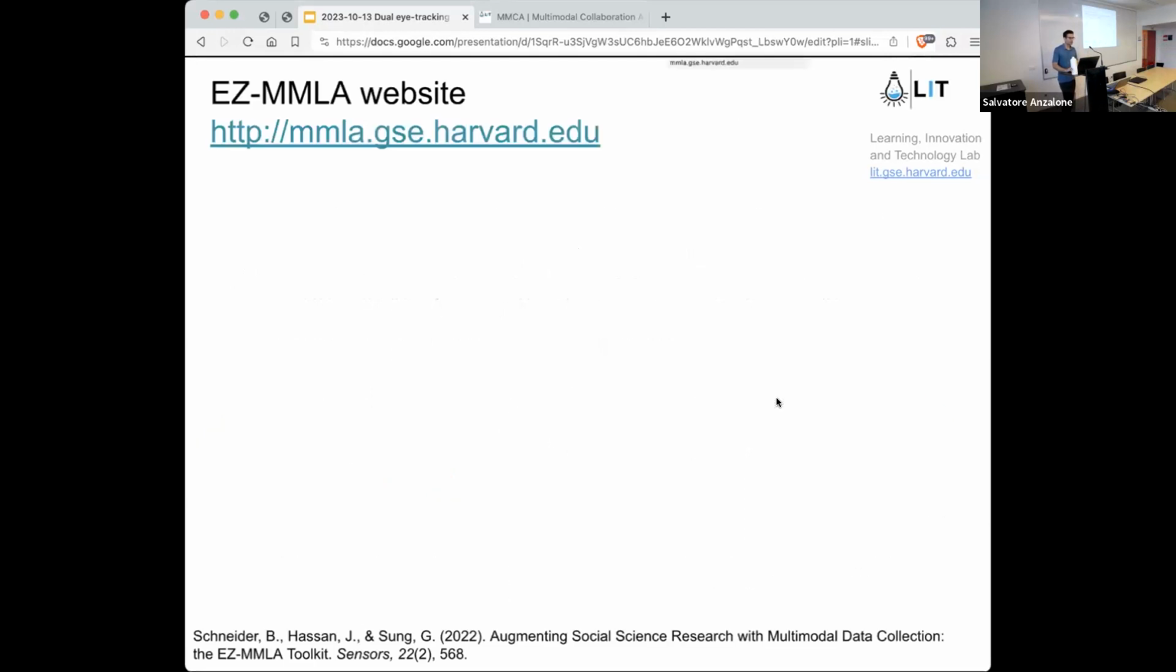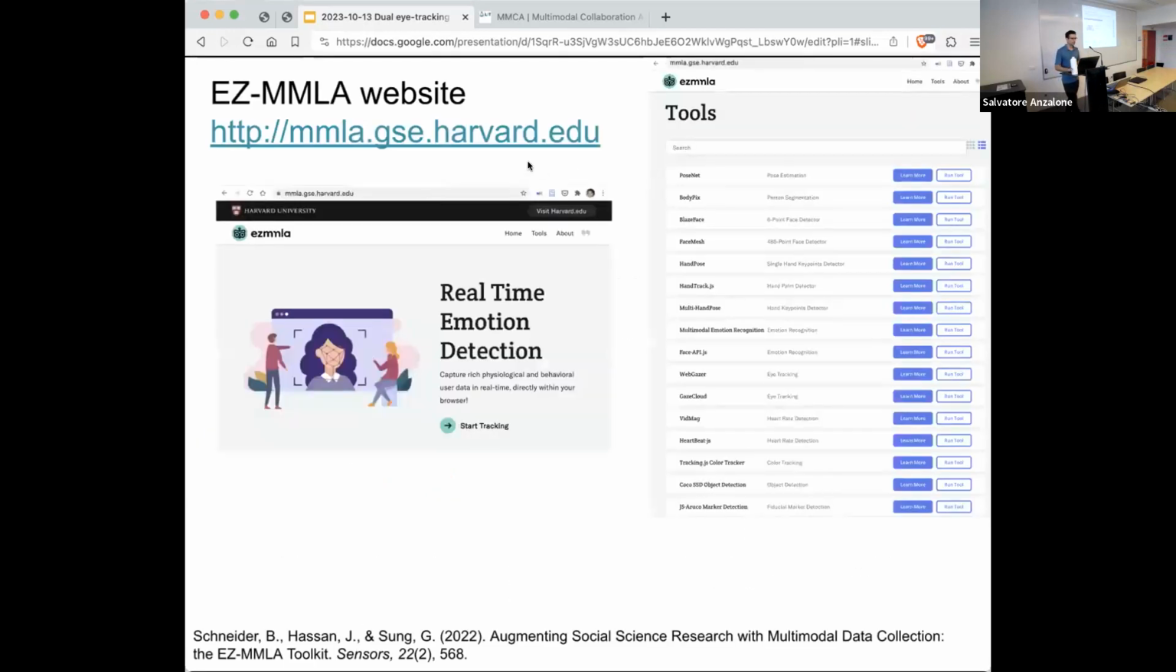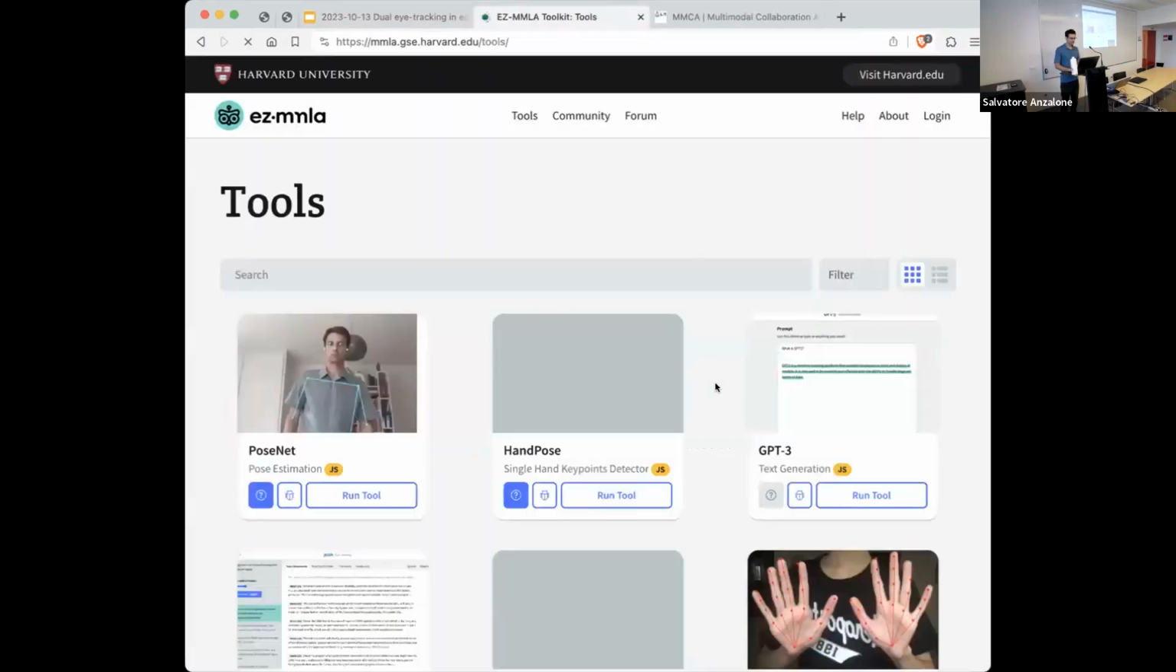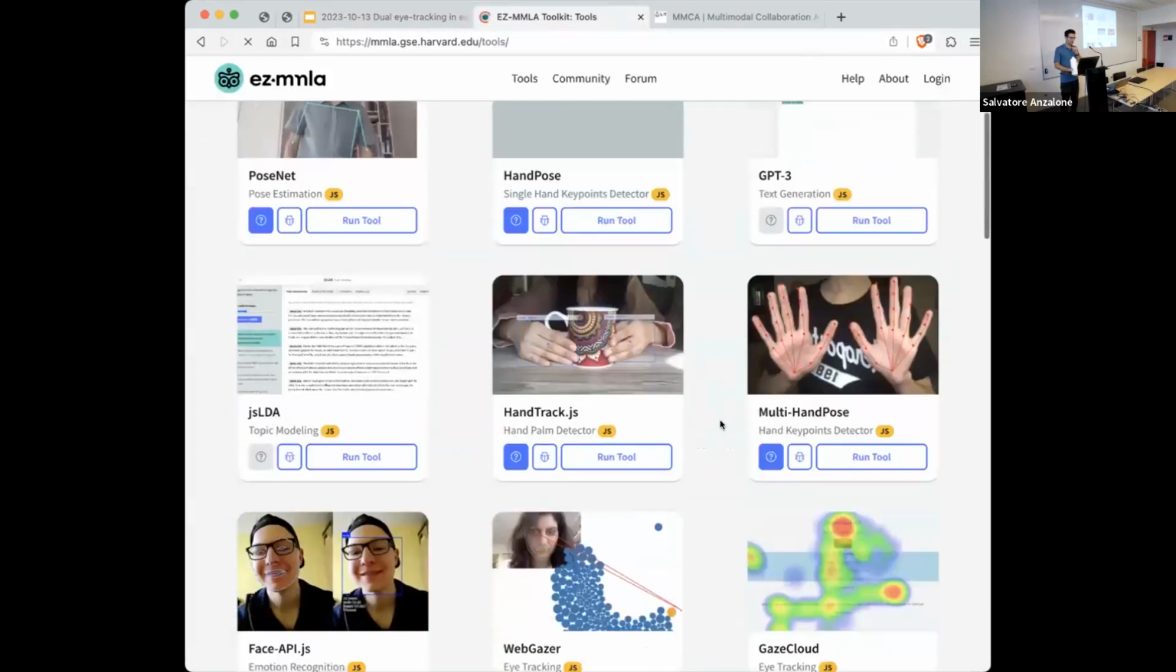So in this other project, we have built a website that makes it easier to collect multimodal information. And as long as you have a browser, you can use it and collect data. It's accessible to anyone at mmla.gse.harvard.edu. And if you click on it and you go to the tools category, we have a lot of models